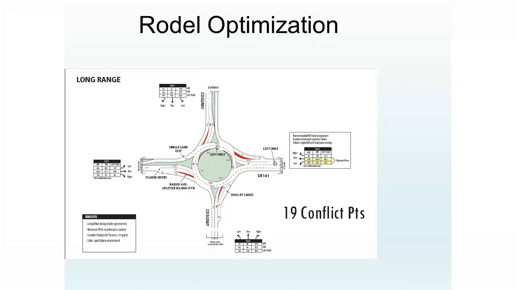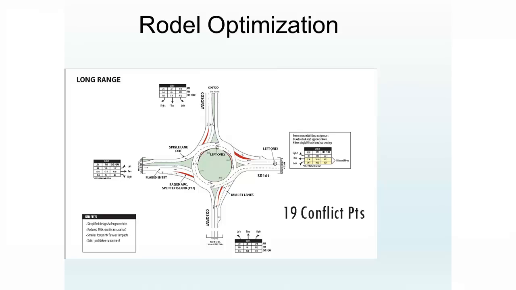This is the original design and the original laneage. You can see we have a 3-lane entry southbound, 3 lanes for leg 2. For eastbound, we have a 2-lane entry, northbound and a 3-lane entry westbound, and that gives very high levels of service. So as we start to look at Rodel,